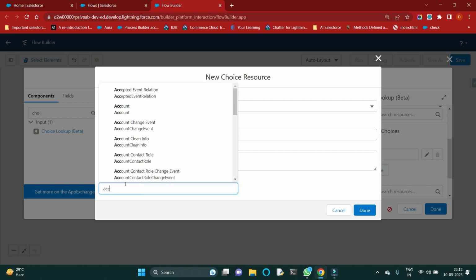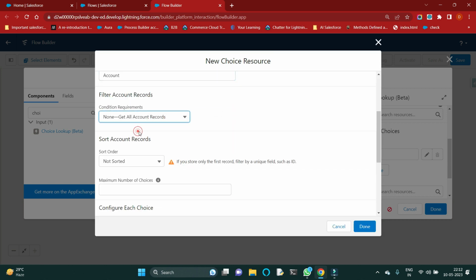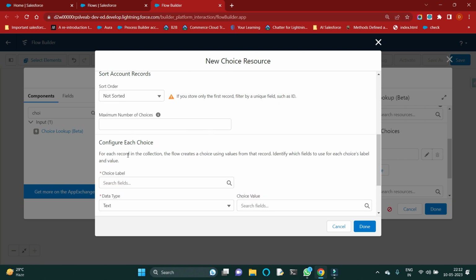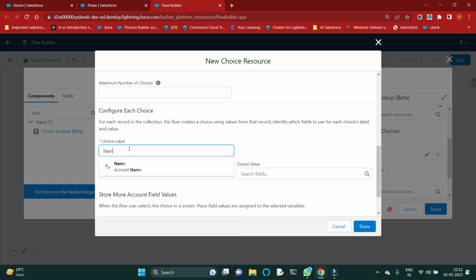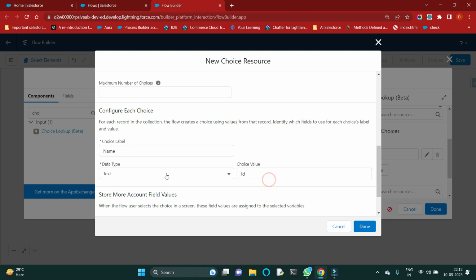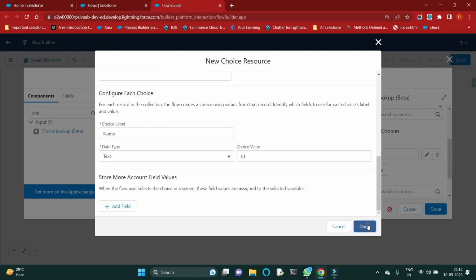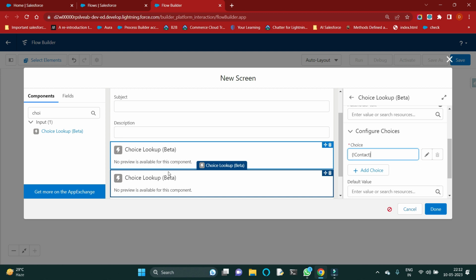Okay, and here select account, and for condition all accounts should be visible, and for choice label I'll select the account name, and for data type text, and it will store the account ID. Okay, just click on done. So here I have created a subject, description, and the contact lookup and the account lookup